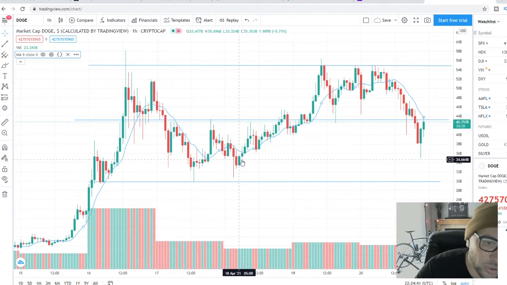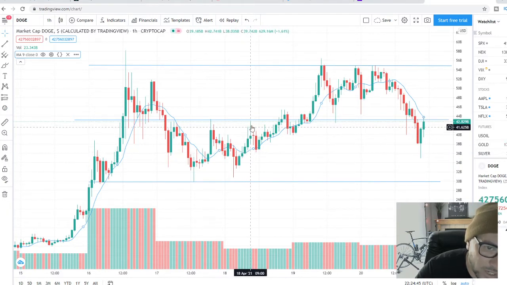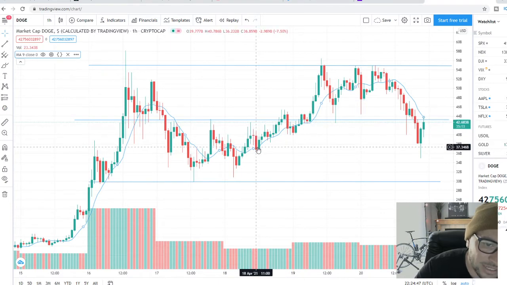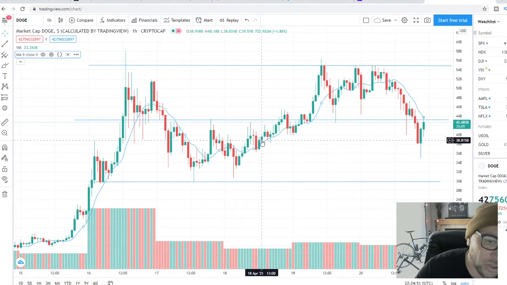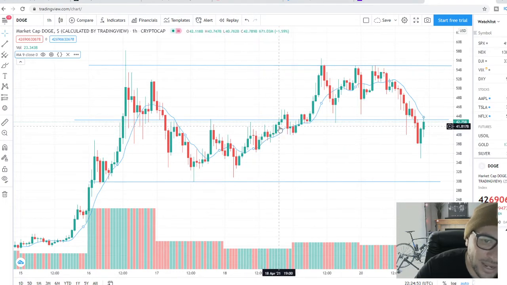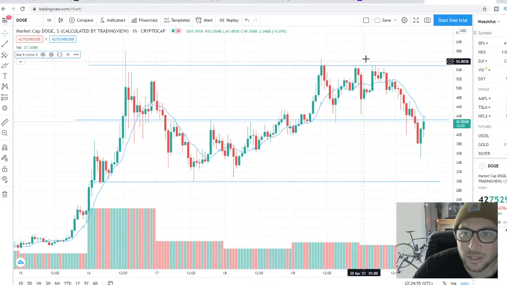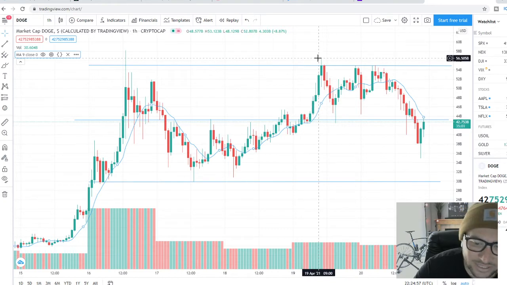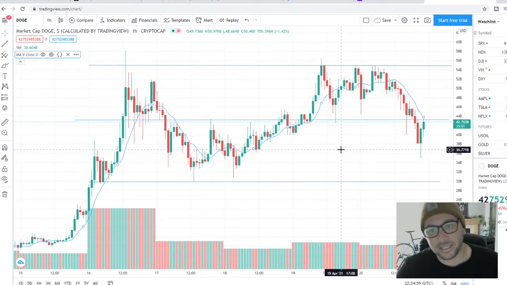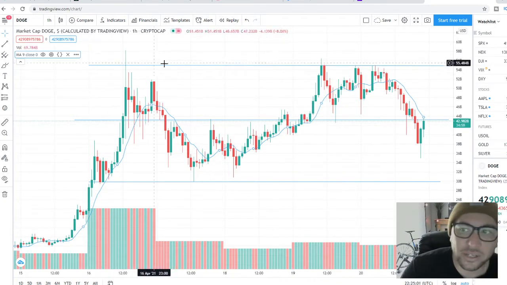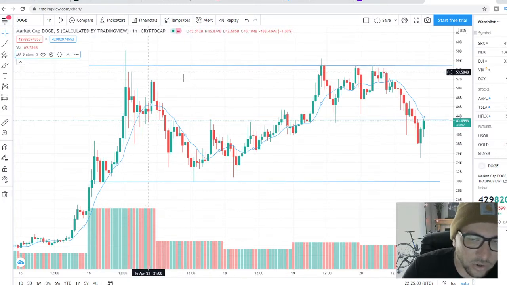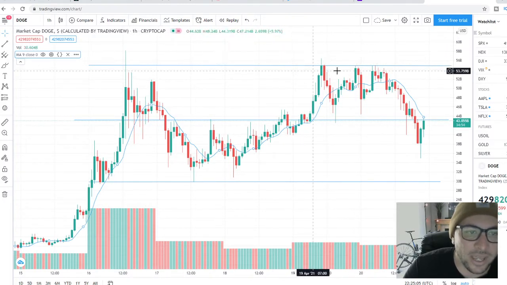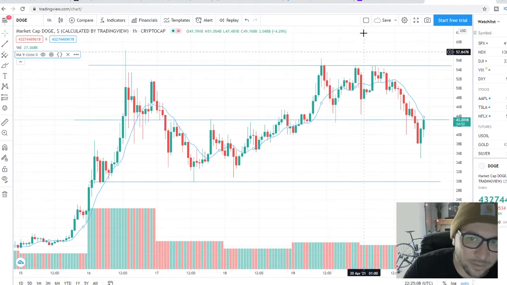And you can see as soon as it breaks above that 9 moving average, it tends to run a little bit and then comes down and tests it as an area of support. And if it acts as an area of support, it starts to ride that 9 moving average up again. So we got as high as 56 cents here again on April 19th. It seems like every time this thing is cracking 50 cents, you get a ton of people taking profits.